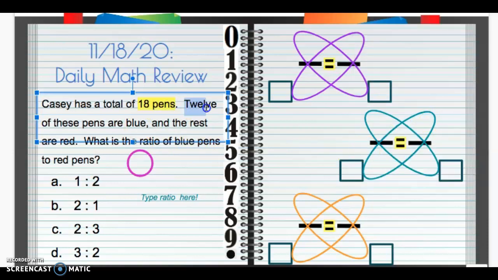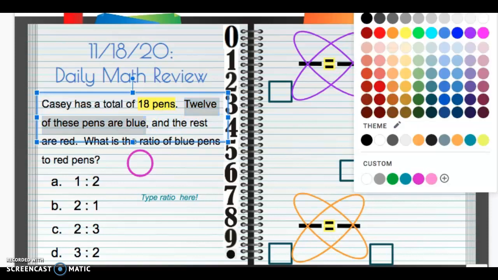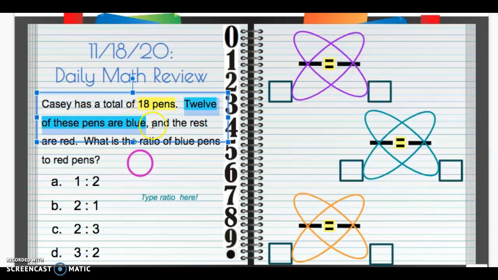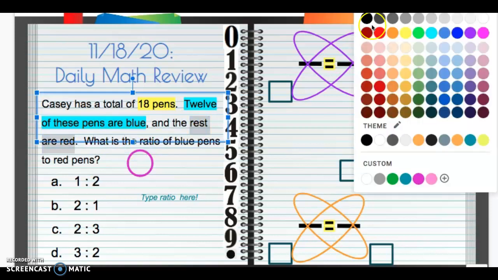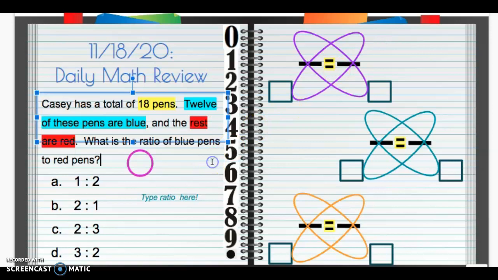12 of those 18 pens are blue. So we're going to highlight that blue. 12 of them are blue. The rest of them are red. So we want the ratio of blue pens